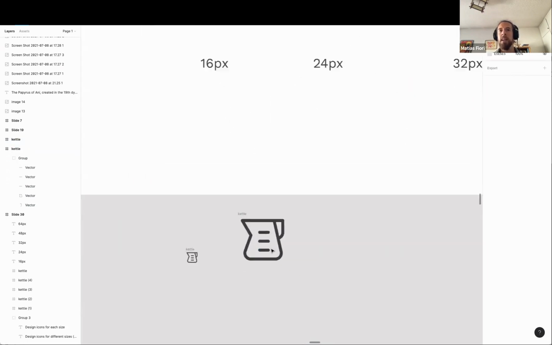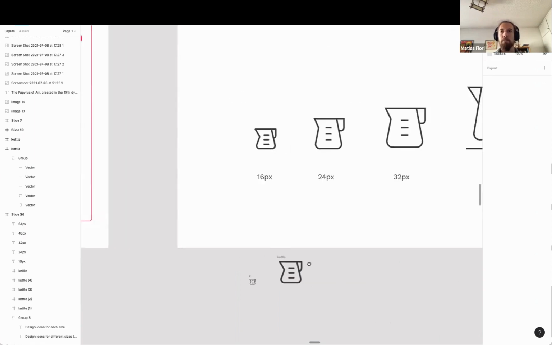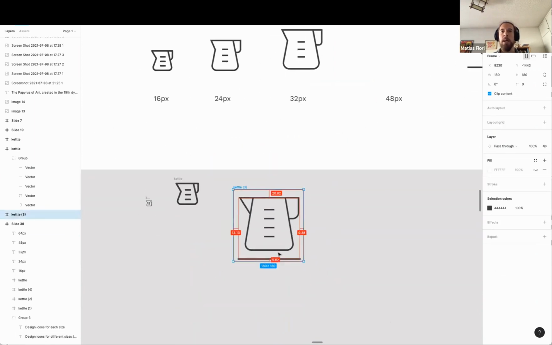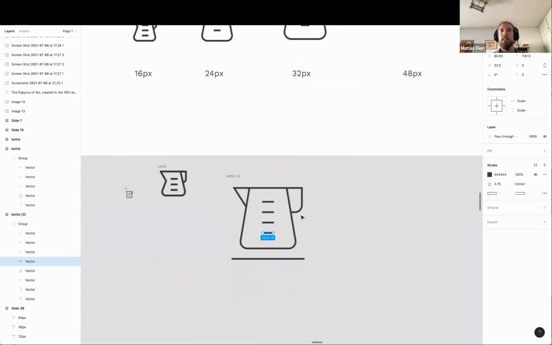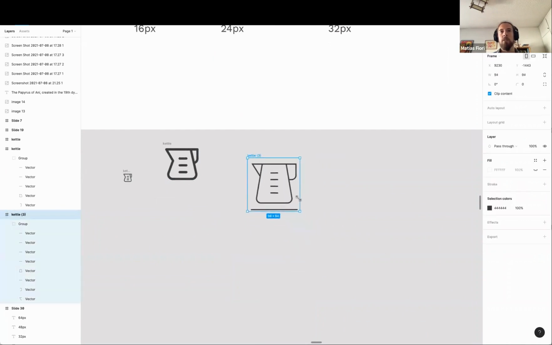then it kind of works, but it gets weird because the details are not meant to be seen at a large scale. So the handle is not proportioned, and why do you have only three lines? When you grab this type of object in real life, it has a scale with many lines, right? And the way that Nucleo accommodates this is by adding a plate or a base and one extra line, and then the handle is more natural. And as you can see, this is a much better icon,